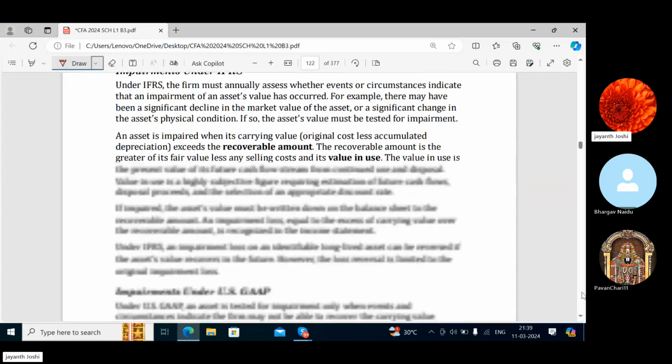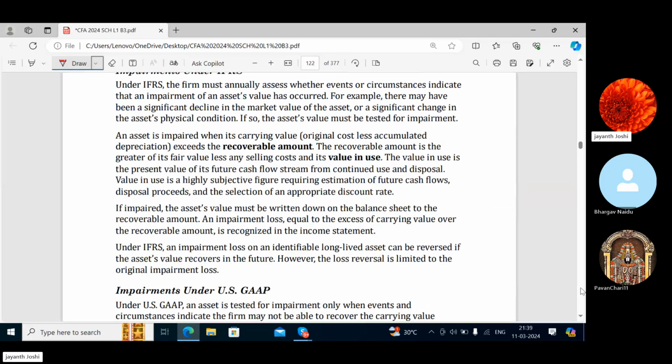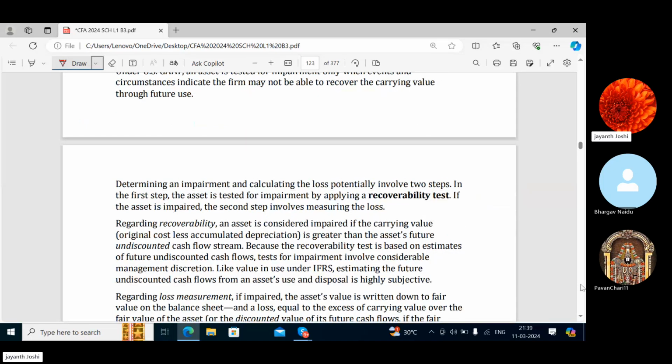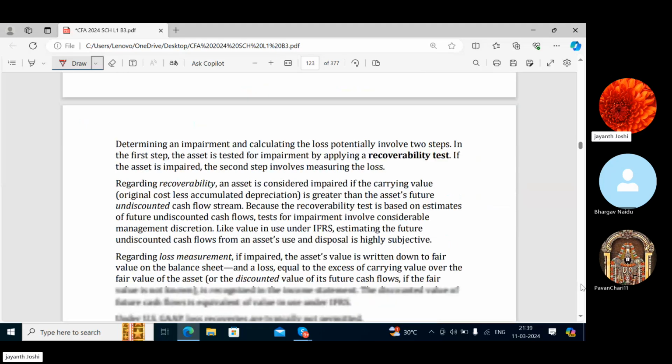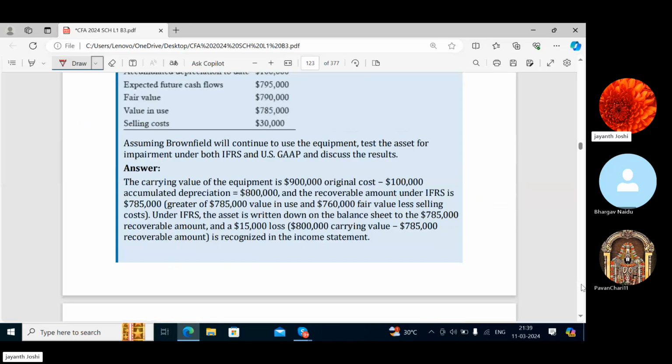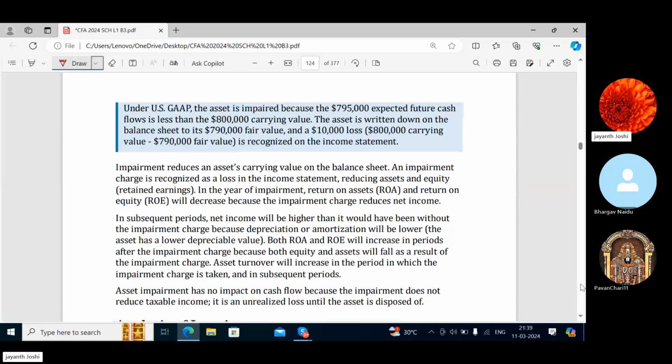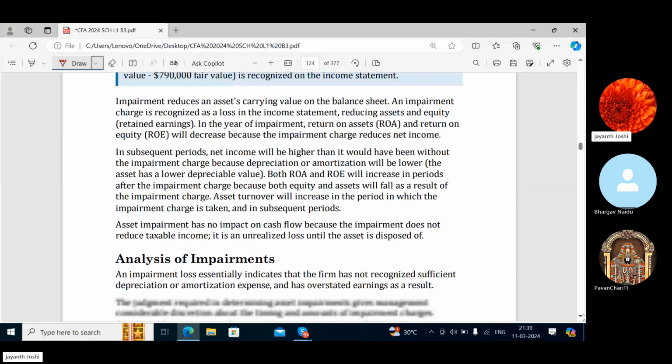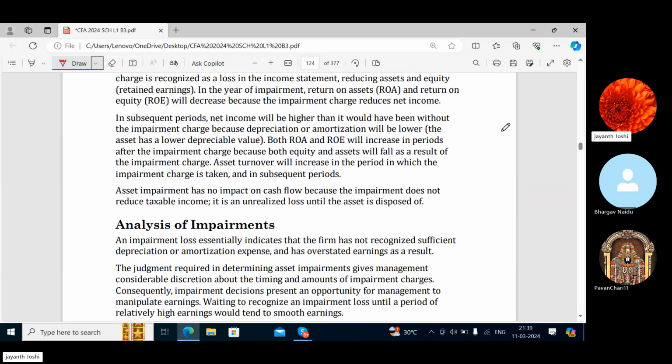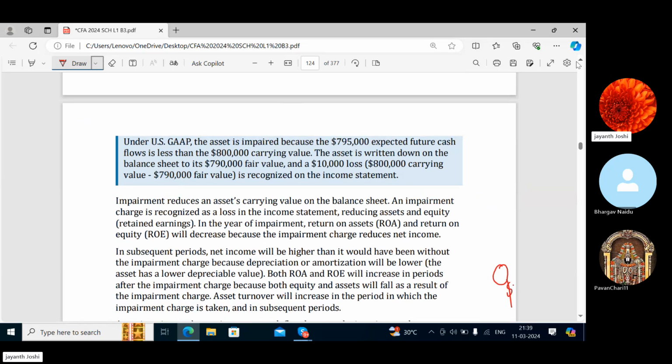So impairments we have already discussed. Fine. But we only have to discuss the de-recognition. We have done a question also on this. When will you de-recognize an asset? When you sell it, or the asset has become obsolete, of $0 value. That means almost nothing is left over in that asset. So you will de-recognize it.